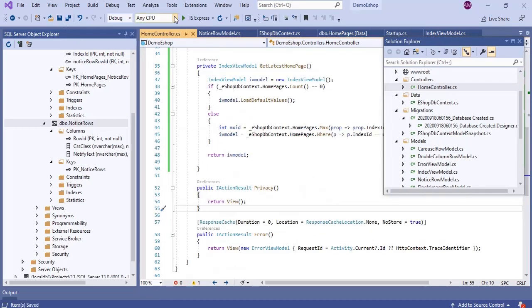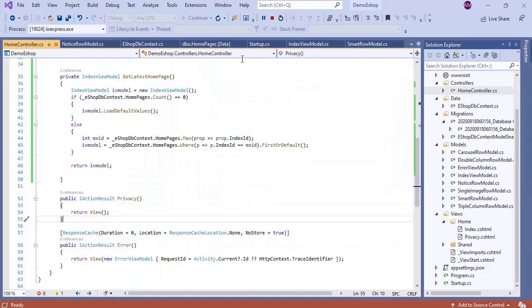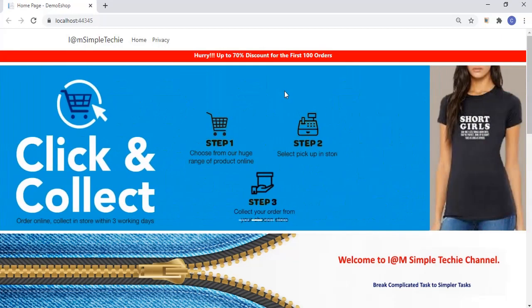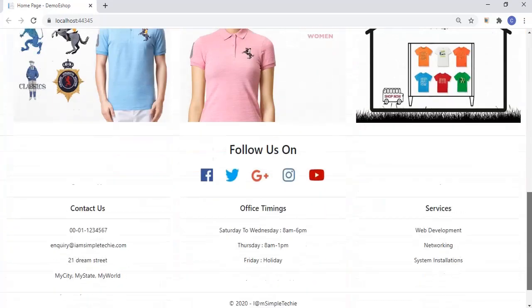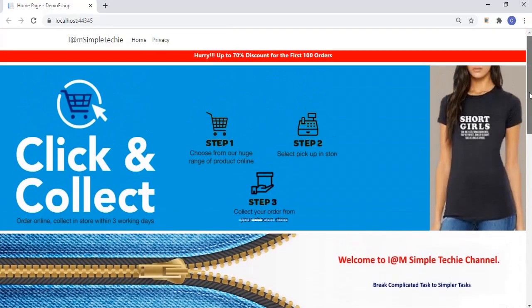Let's save the project and run. Since there is no home page present in the database, it loads the default home page. This is our default home page. The whole objective of this project is to save this home page in the database.